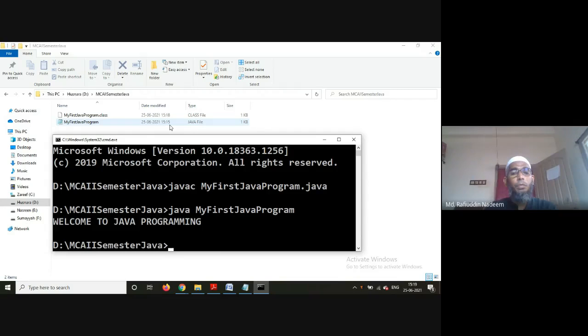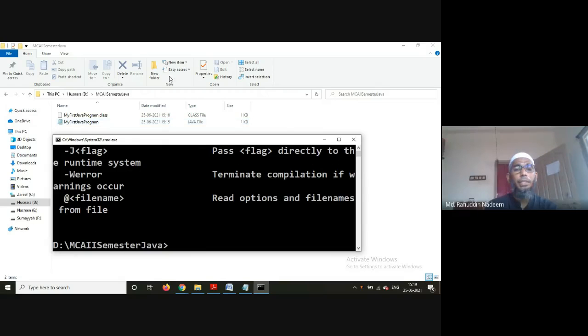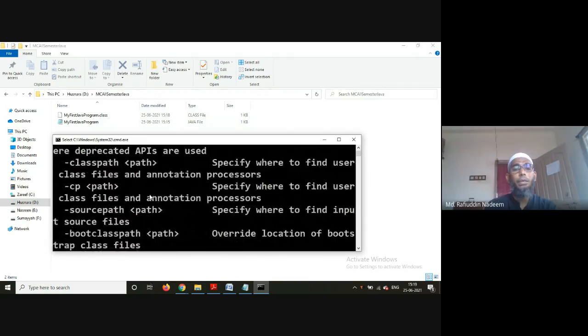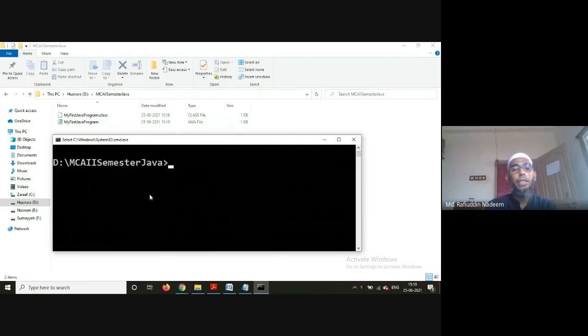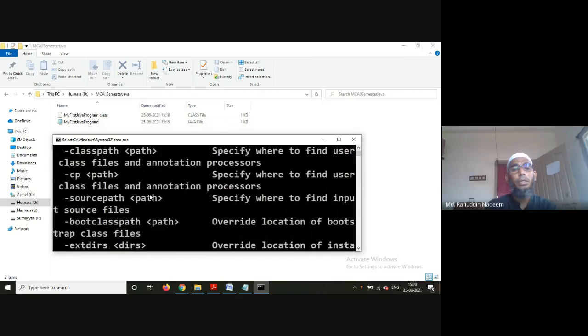Okay. So one more very important point which I have not mentioned today is about where this javac is coming from. If I press javac, see here, a lot of something has come here. So it's working, everything has come. This is actually the javac which is found in a bin folder. I will be talking about this tomorrow,